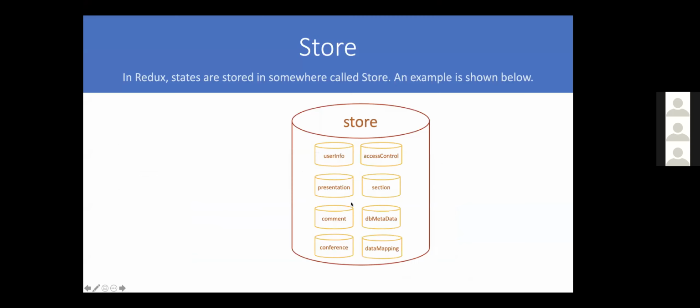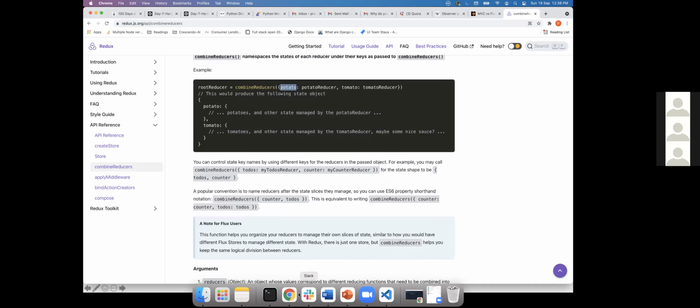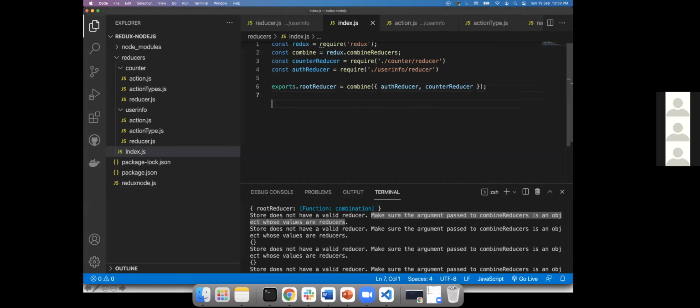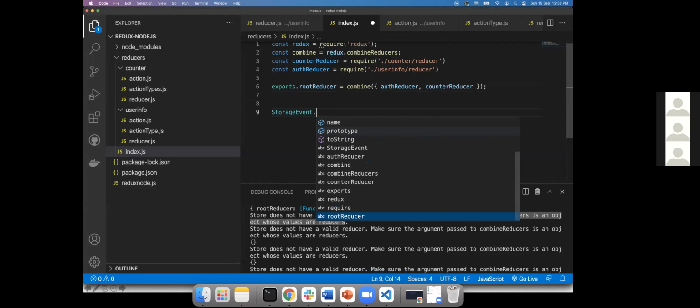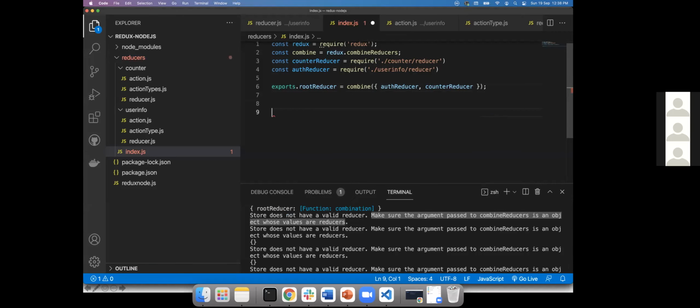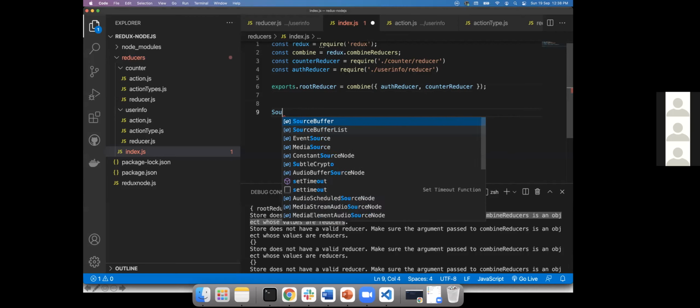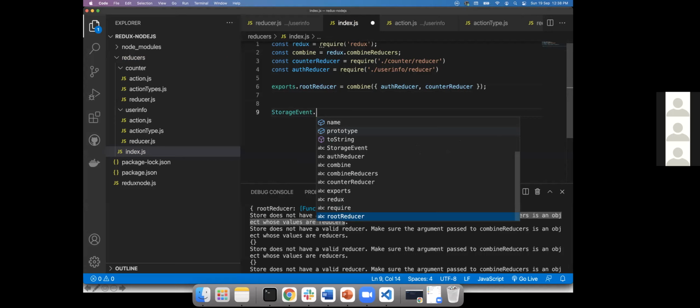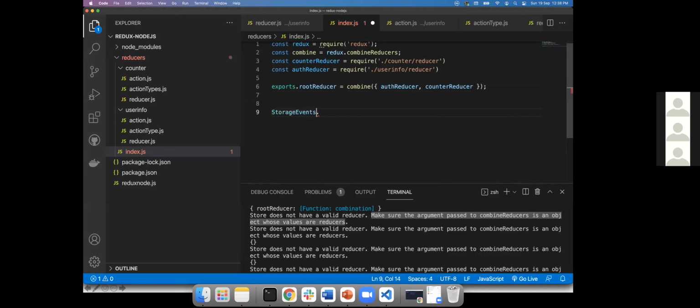Imagine you have this many stores, right? So when you're using store.getState, eventually you have a single store, you don't have a problem. GetState will get a new counter, right? But imagine you have user info, access control, everything, right? You need an identifier to access the user info, access control, and all that, right? So at that time, instead of using store.getState, what you'll use is store dot. What is the name we have given? Store. Oh God, one second. Store. Let me put it in the start name. Okay. Everything, this IntelliSense is working.